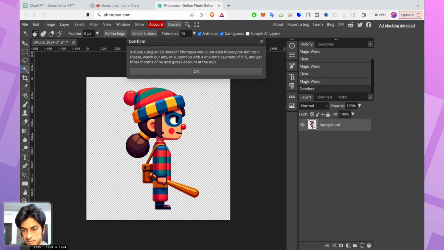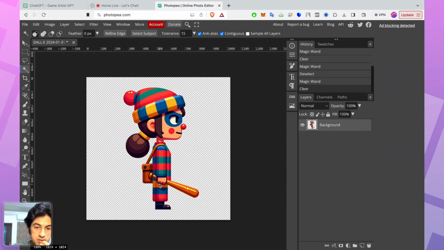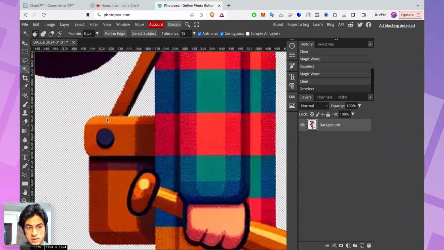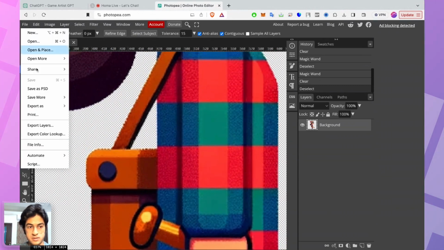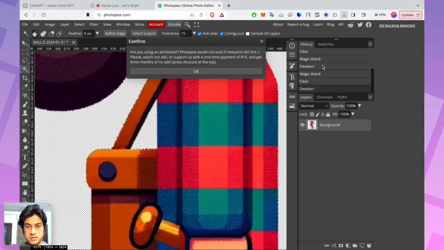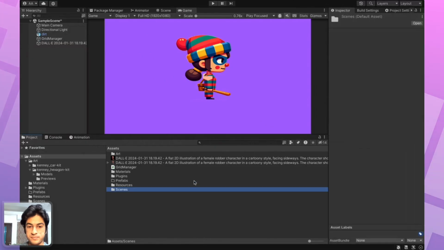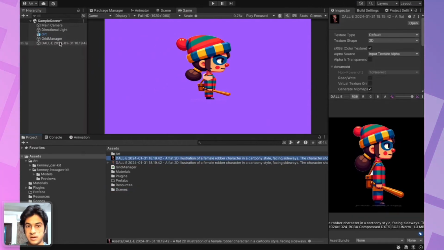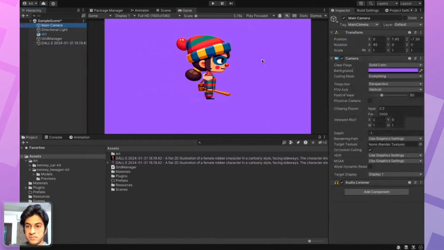But you see some parts are still not cleaned up. So okay, take this. You can always spend more time to really clean out the pixels, but I'll just show you how it can be done in a rough fashion. So let's go. And you can just drag it onto this scene, and what we have here is a nice and flat 2D image that we can use as an asset in our game.